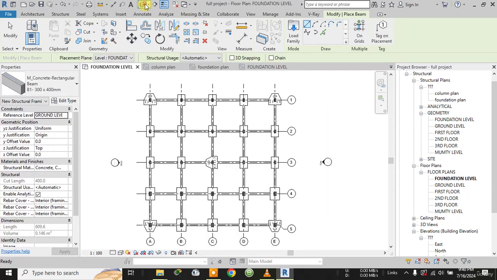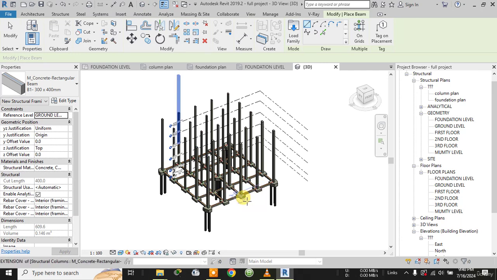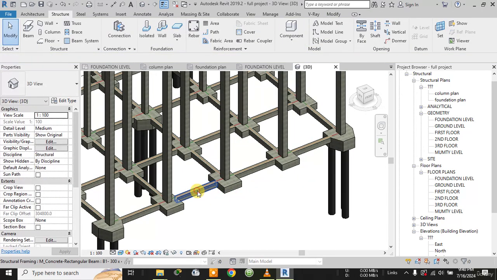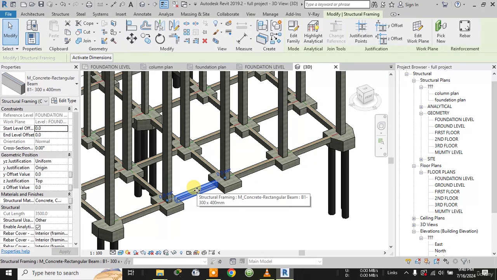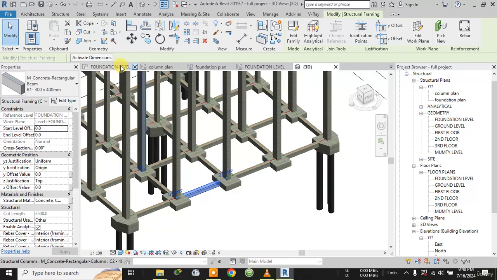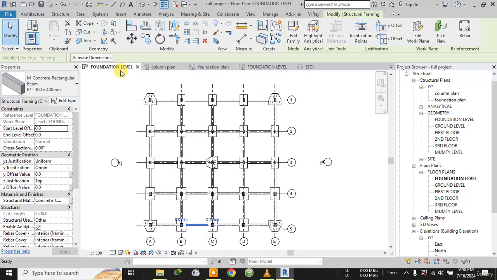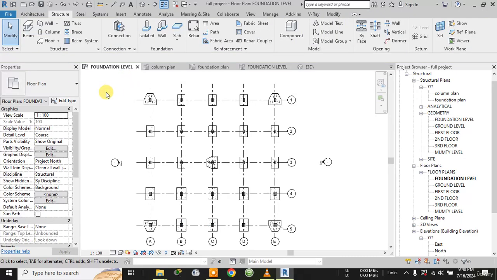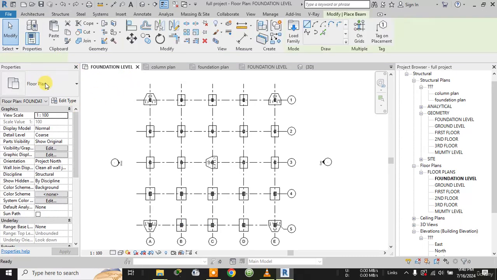Now let me go to the 3D view. Reference level is foundation level. So let me again go to the foundation level, again press Ctrl Z, click on beam,